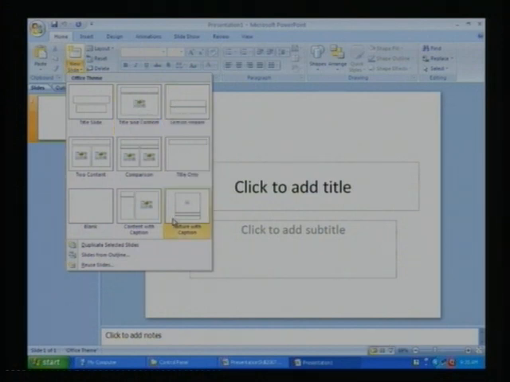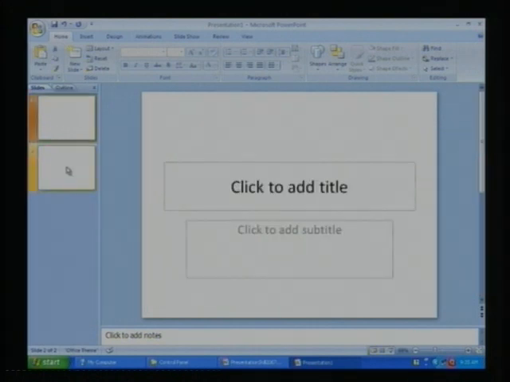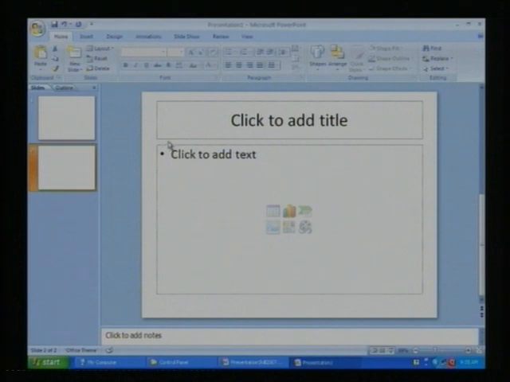Assume that we select this one, so you can view, now we have two slides. This is the way in which we can insert a new slide, that means insert a new entity that is identified as a slide in your presentation.